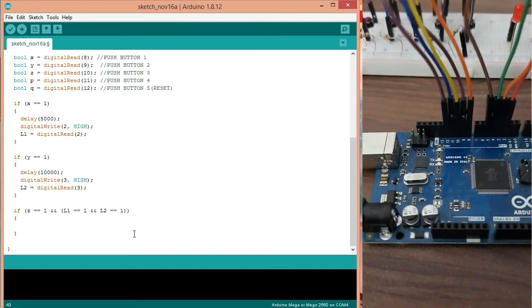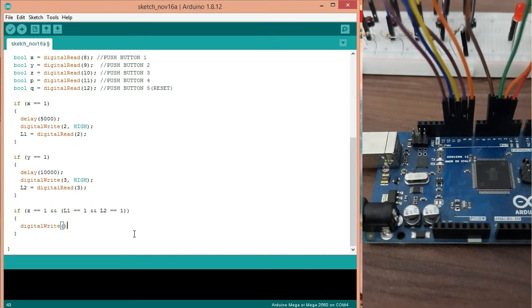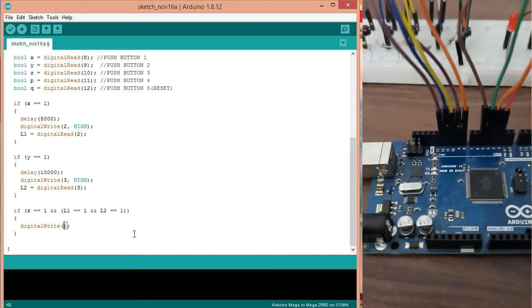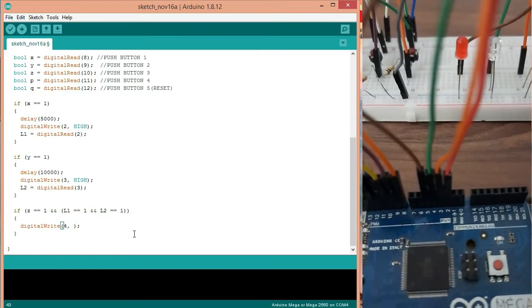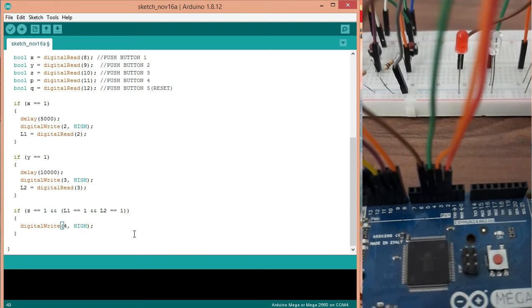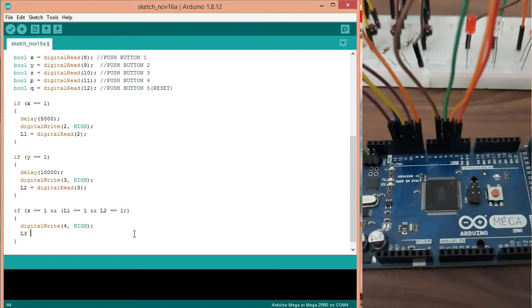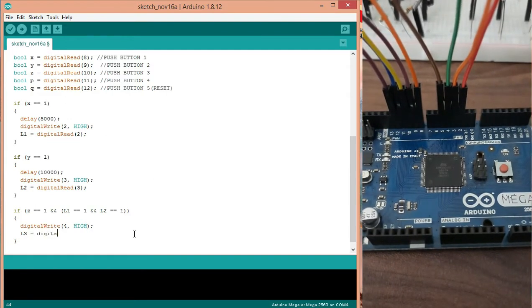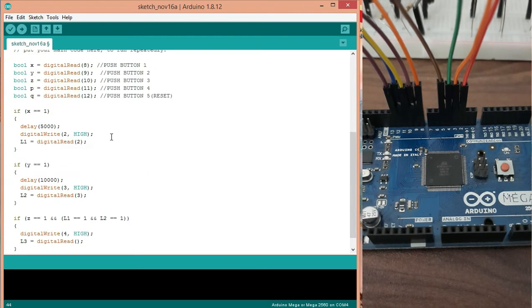After that, digital write of pin number 4 high, and we are using bool value L3, digital read of pin number 4.